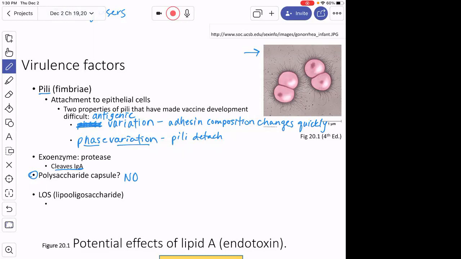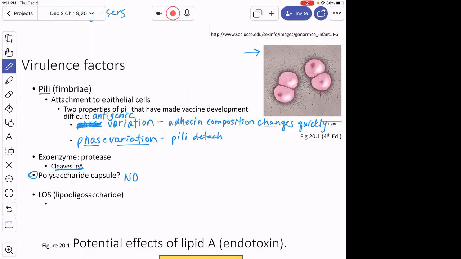So it'd almost be better if it did make a capsule. Neisseria meningitidis makes a capsule, and we can make a vaccine that works against those capsular antigens. So the fact that it doesn't make a capsule, again, just makes it harder for us to make a vaccine there. It also has